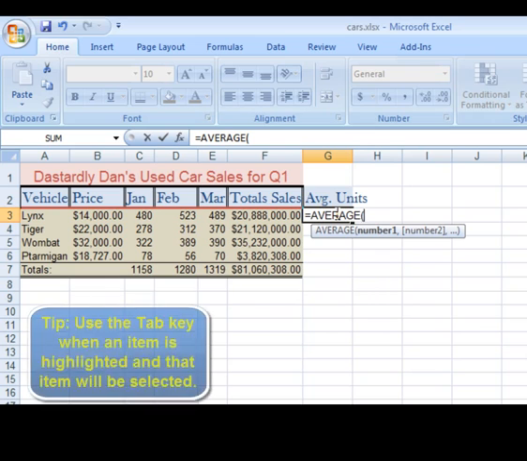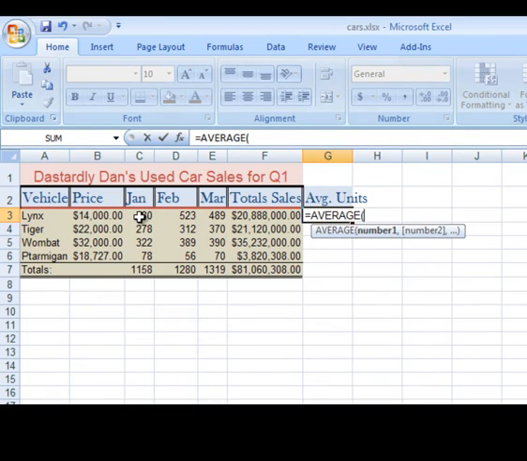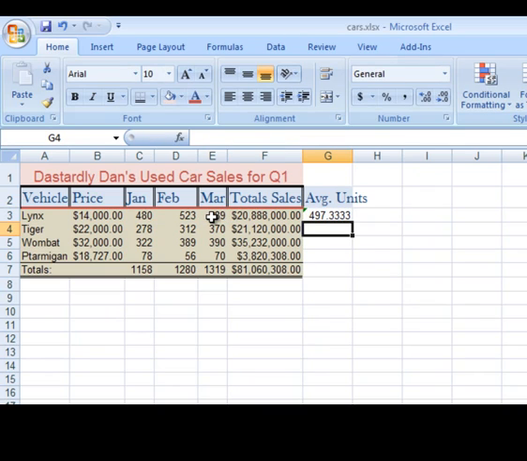So I can actually press tab, and it will automatically fill in the item that had been highlighted in blue. So again, this takes a number of numbers separated by commas, but I'm going to use cell references. I can actually just click and drag a range of cells. So my equation is going to say equal average, open parenthesis, C3 colon E3, and then I'm going to close the parenthesis and I hit enter, and now I automatically get the average value of the number of cars that